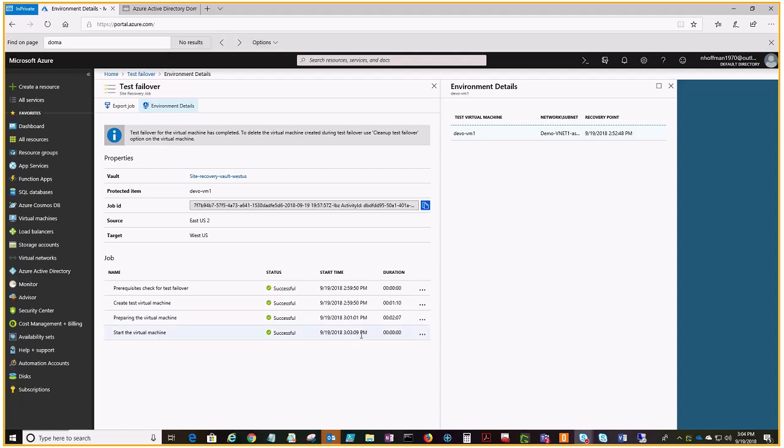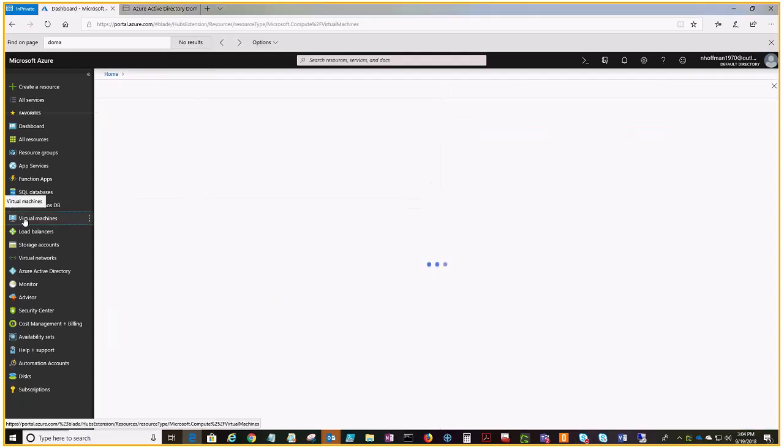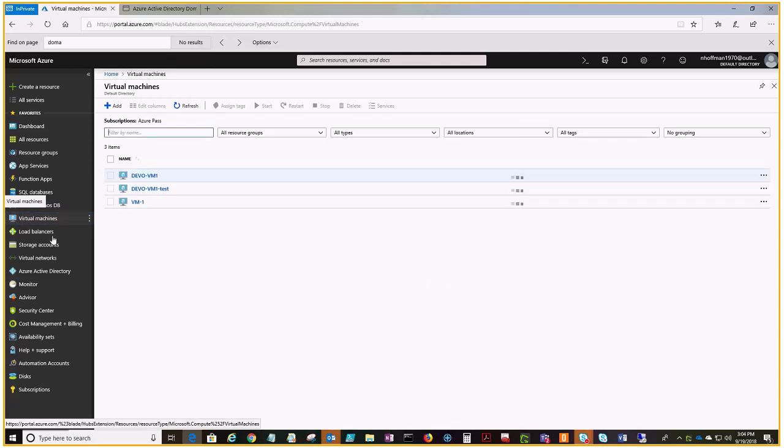Imagine if this was a mission critical line of business application running in a site being replicated to a DR site, and in less than 5 minutes, I can bring that server up or a group of servers up with a less than 5 minute RPO. That's impressive. So now, if we go back to our virtual machine view, we're going to see the initial VM